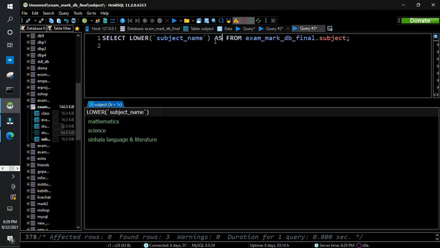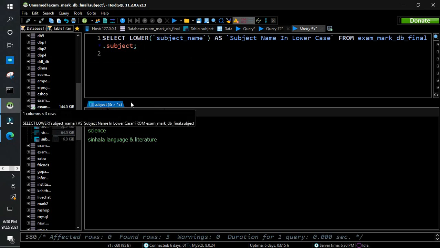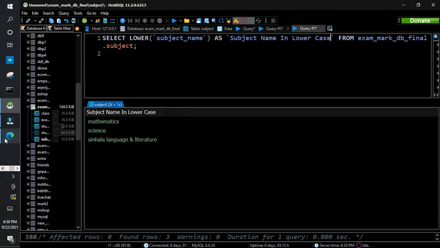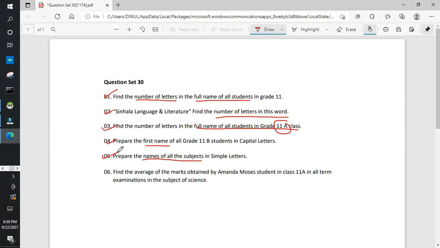So I'll just rename this as subject name in lower case. Okay. So subject name in lower case: mathematics, science, and Sinhala language and literature. Okay. That's the end of the fifth question.